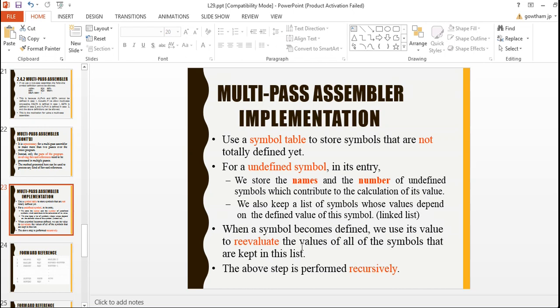So when the symbol is defined, recalculation will be done. The linked list gives the information about which symbols depend on this one, so it will refer to that, substitute, and calculate the value. This will be done recursively. So we'll see an example. In this case, the data structures used for the implementation are the symbol table and the linked list.